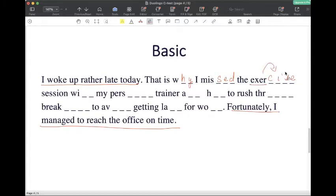Has to be exercise, right? That will only make sense here. The exercise session with, right, my personal trainer. That is why I missed the exercise session with my personal trainer. And "had to," because I'm speaking in the past tense. I missed the exercise session. It's in the past tense, and had to rush through